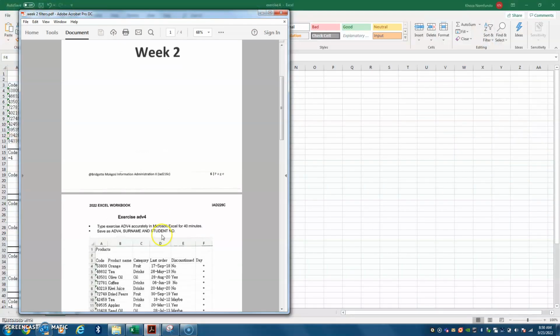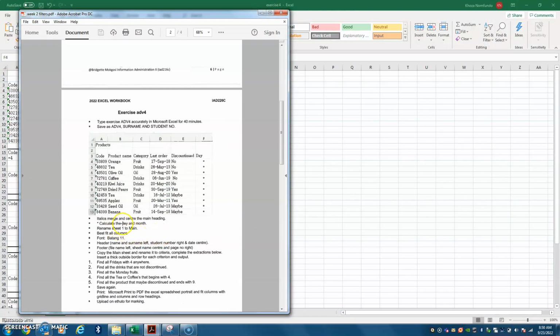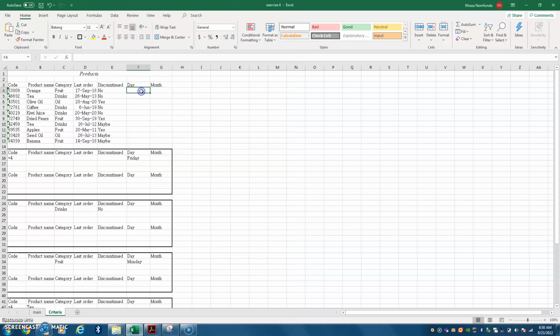This is now week 2. For week 2 they say calculate the day and the month, and they only provided you with the day, so you need to include a column for month. So now this is what you are going to do. The formula to calculate a day, you say equals to